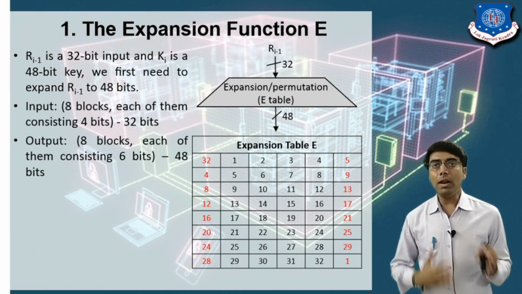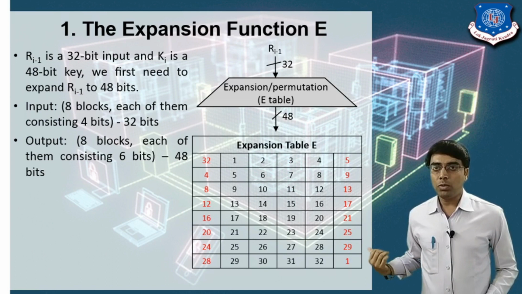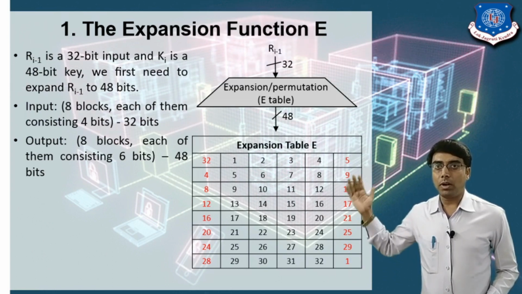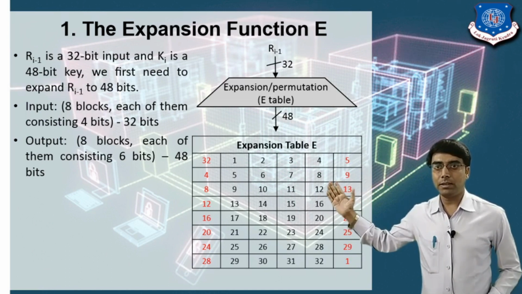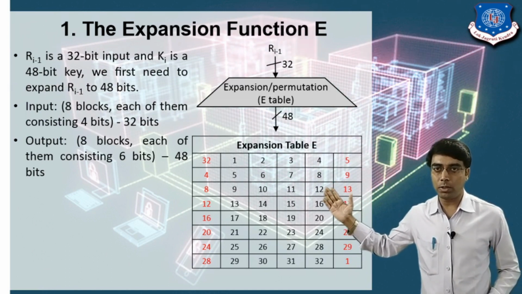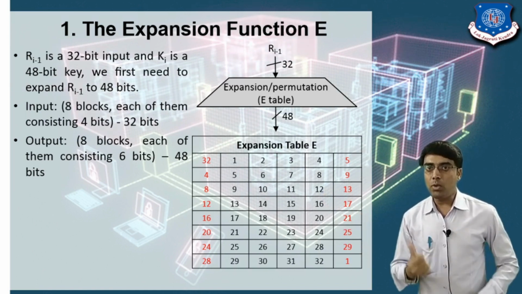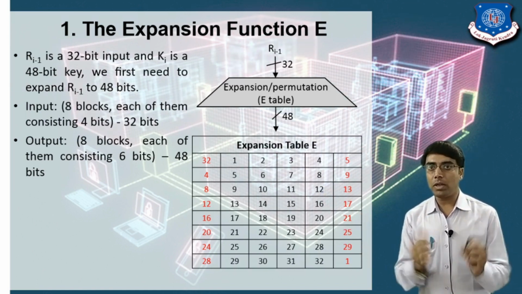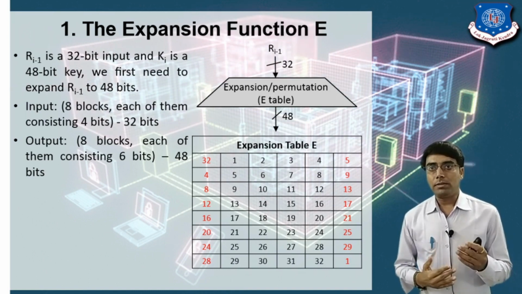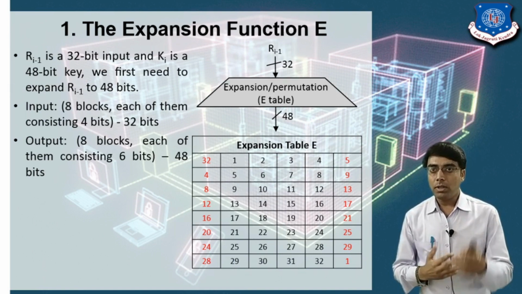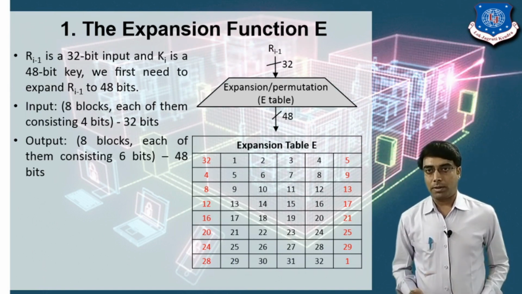Now our last bit is the 32nd bit. So we take the 32 and put it at the first position of the first block. Now you can see the red font 32 stored in the first block. Now you can see the size of this block is 6-bit. The same process will be carried out for all the remaining blocks.